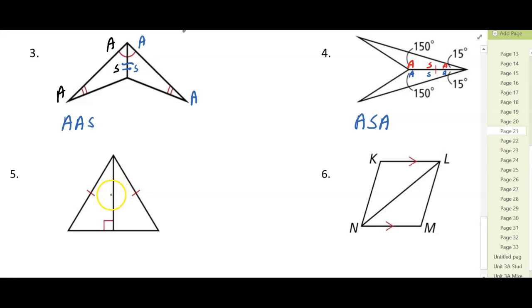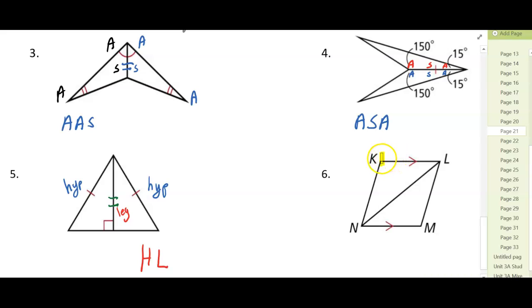So in number 5, I get to mark the reflexive property, those 2 green marks. This is a right triangle. This is the hypotenuse. And on the other triangle, this is the hypotenuse. And down the middle, that is the leg. So this is the example of hypotenuse leg. You can see the reflection between the 2 triangles. And then problem number 6,